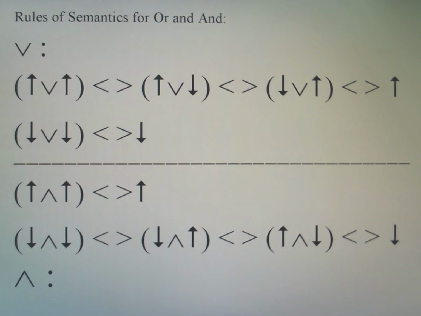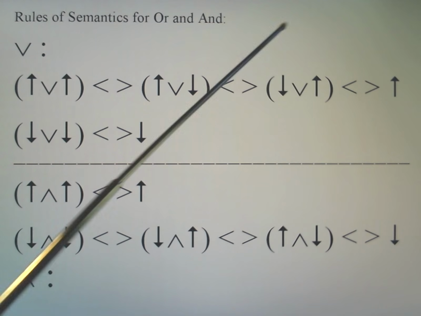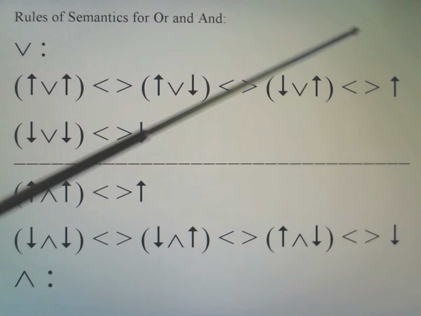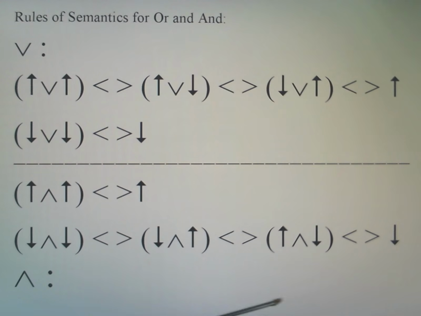And in addition, the physical display given here illustrates the polarity, the duality, the opposition of and and or, even in terms of symmetry. This combination right here is the mirror reflection of this combination right here, and this row is a mirror reflection of this row. In fact, the upper part of the diagram for or is a reflection of the lower part of the diagram for and. We see the syzygial structure right there. Basically, these are 2 different things that have something in common: their form, even though it's a sort of form of opposition.